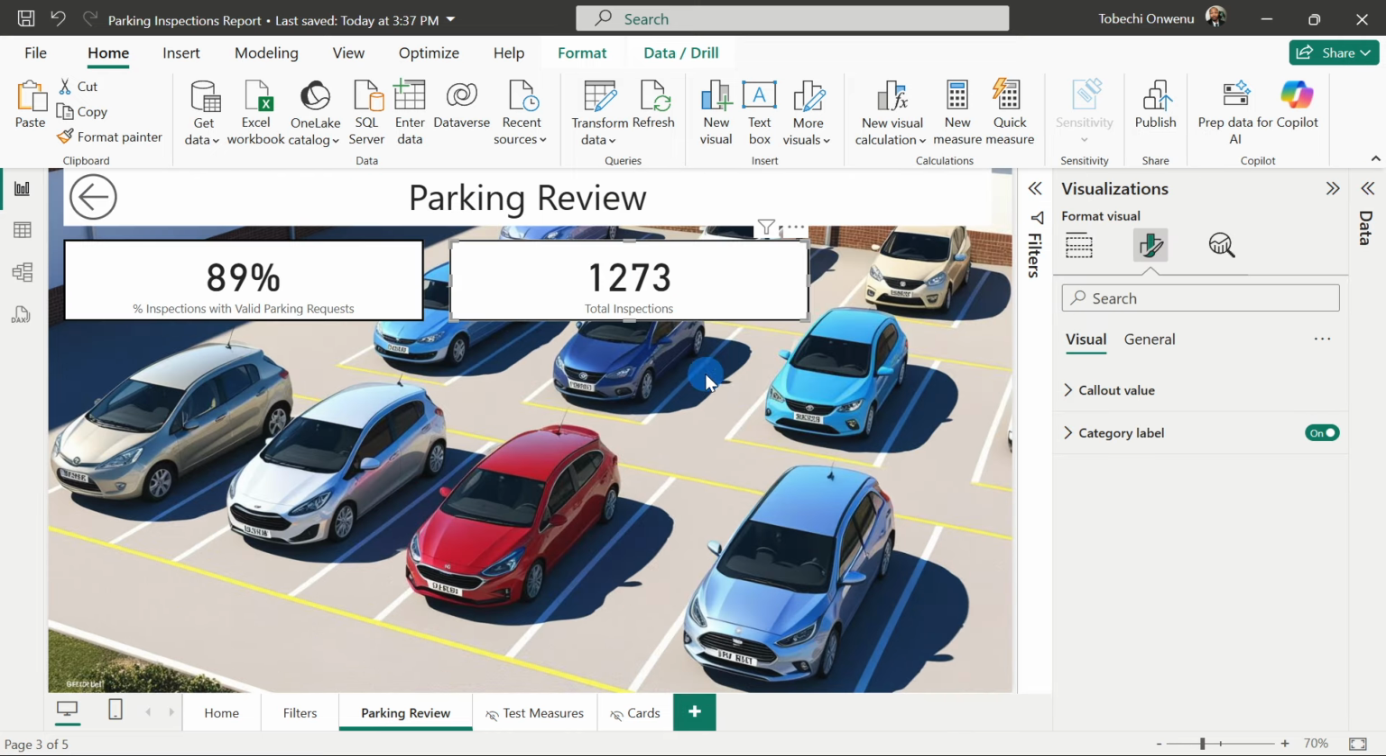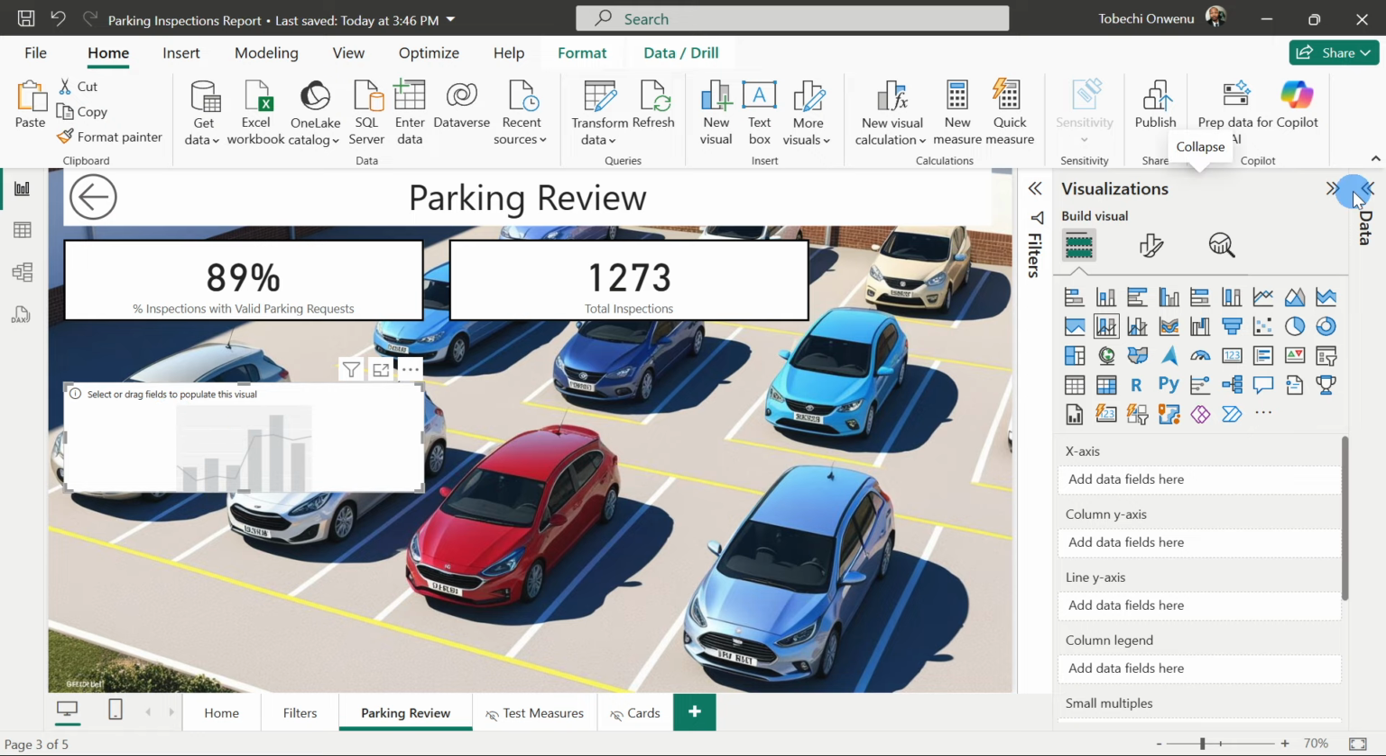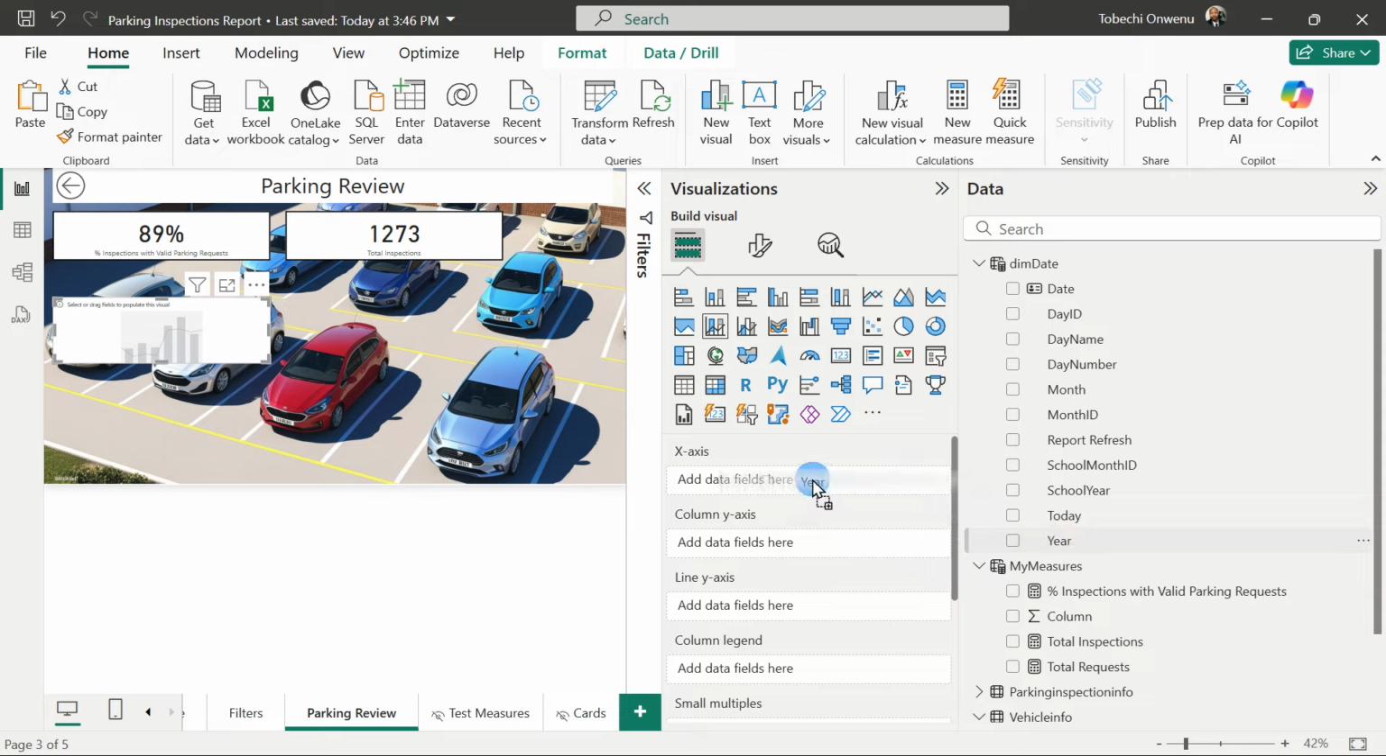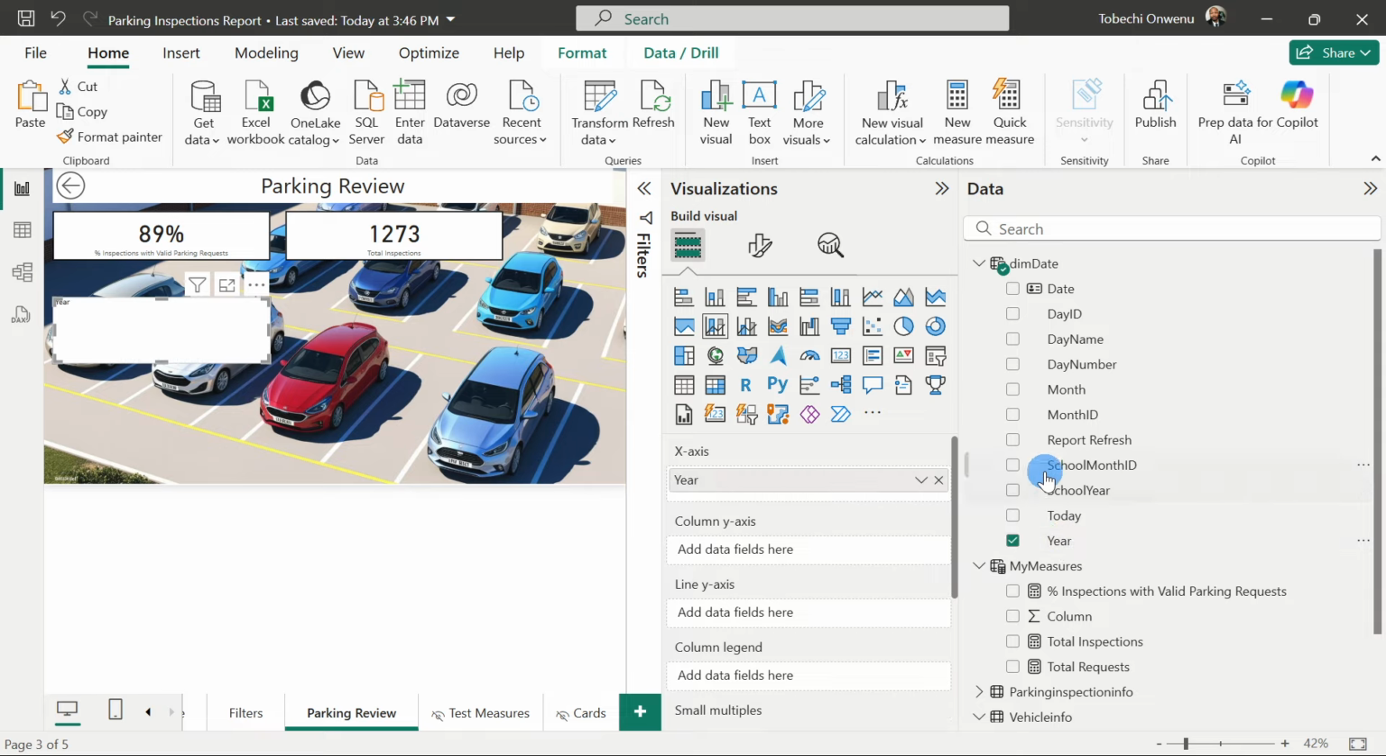Moving on to the next visual. Make sure you're clicking on the page itself. We're going to be picking the line and stacked column chart. For this visual, let's pull out our data. Definitely going to need to open the visualization pane. We're going to plot it simple and straightforward but direct. What I mean by that is this. First of all, drag the year and drop it on the x-axis. After dragging the year, drag the month